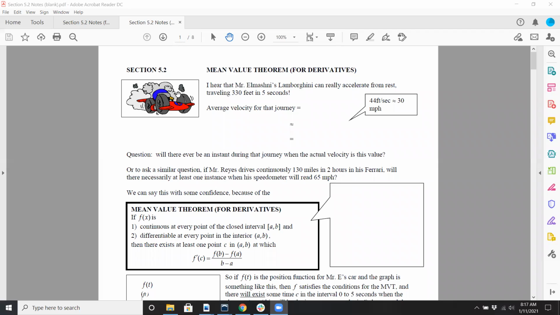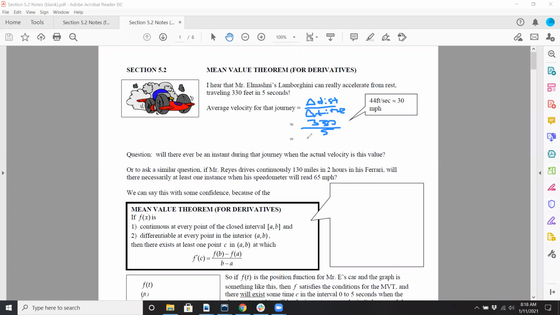So first off, let's calculate the average velocity for this journey. We've talked about average rates of change in the past. So average velocity is simply going to be the change in your distance over your change in time. So clearly, if I travel 330 feet, that's my change in distance, and I do this over 5 seconds, that's my change in time. So I get about